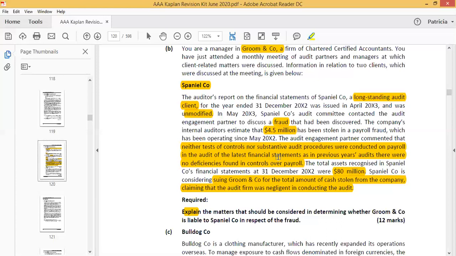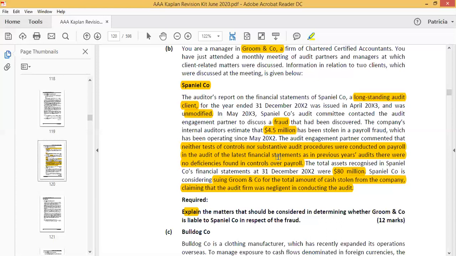And when we go to professional liability, we know that there have to be three things to prove negligence. The first key thing is that there has to be a duty of care, and the duty of care has to be breached. And the final thing is that the financial loss has been caused by negligence. So if you go down to this question, you can see that there was a duty of care, and that means that the auditor, who is Groom and Company, and please be very specific that it's Groom and Company. So just talk about it so you can familiarize your answer to the case study itself.